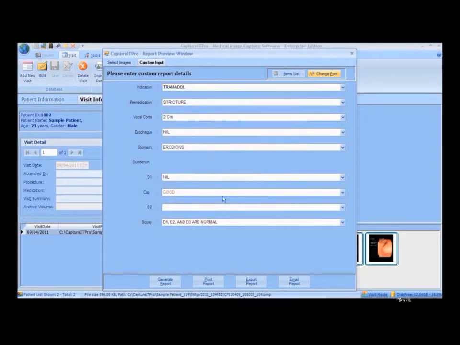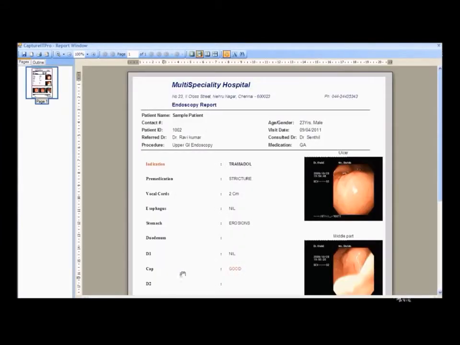On entering the details, click Generate Report. The report is generated successfully.